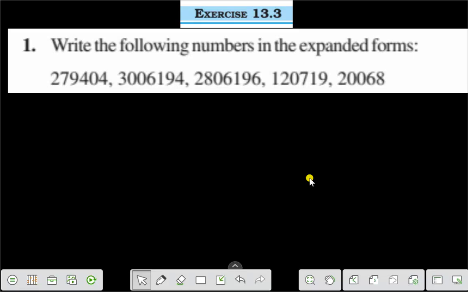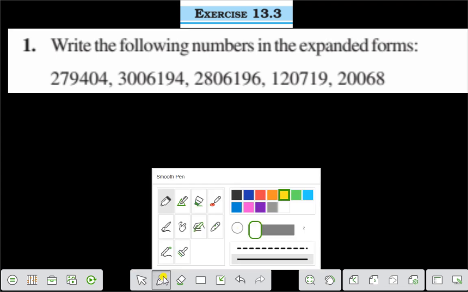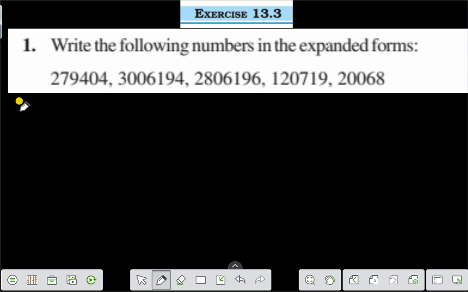Hello everyone. Today I shall discuss exercise 13.3 question number 1. Write the following numbers in expanded form. Let us write it in expanded form. Number 1. Suppose this is number 1. Number 1 is